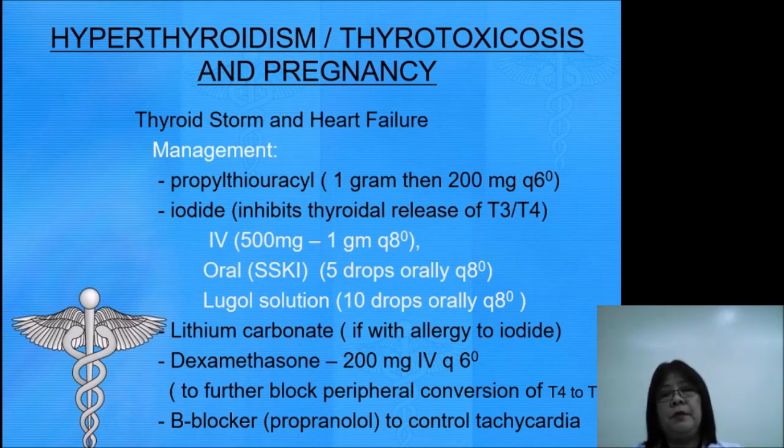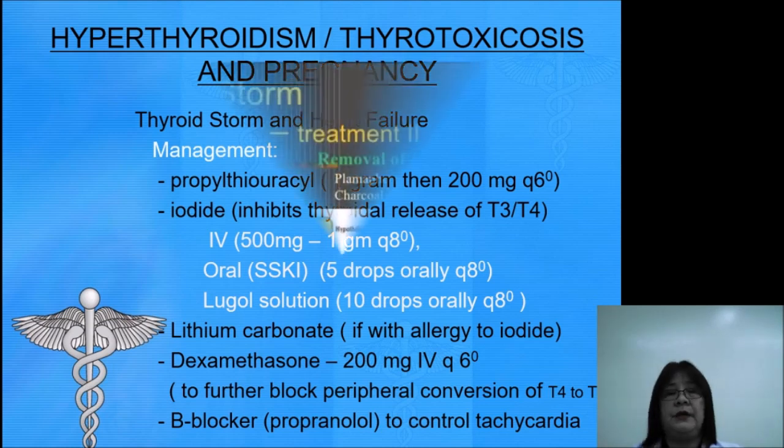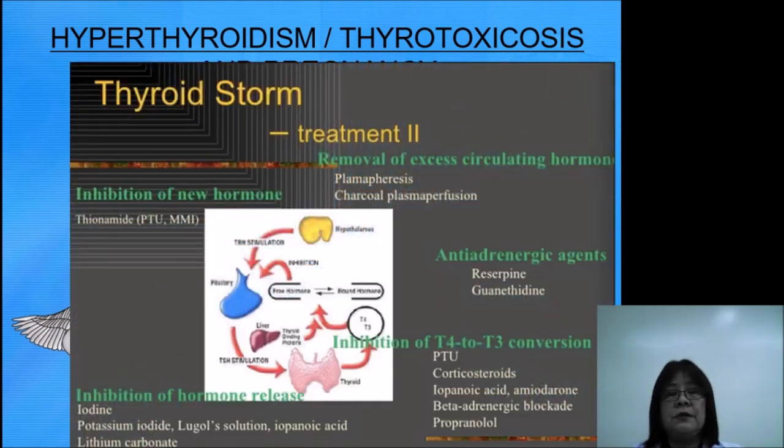You have to give your propylthiouracil. You can give the iodide. It can be in the form of an oral or an IV iodide, lithium carbonate, dexamethasone, and beta blocker to control tachycardia. This was already lectured to you in your clinical pharmacology. So we will not discuss this further on, but at least you have to know the drugs that are given